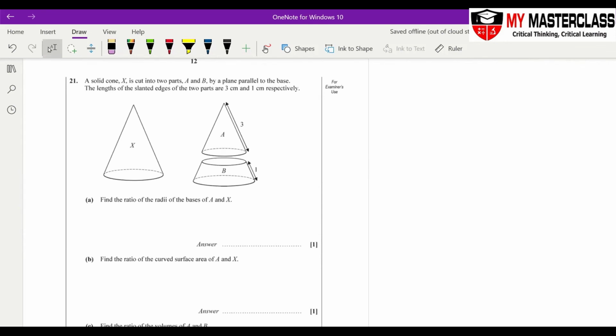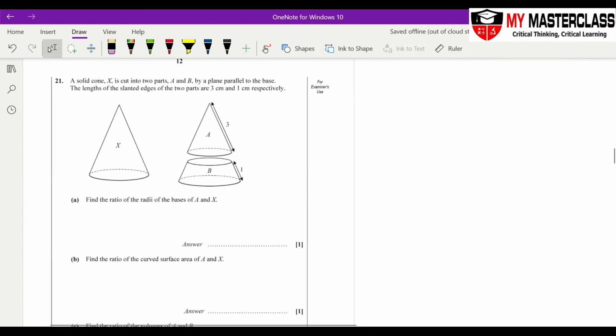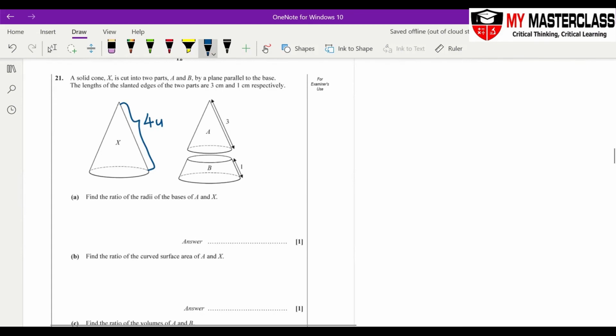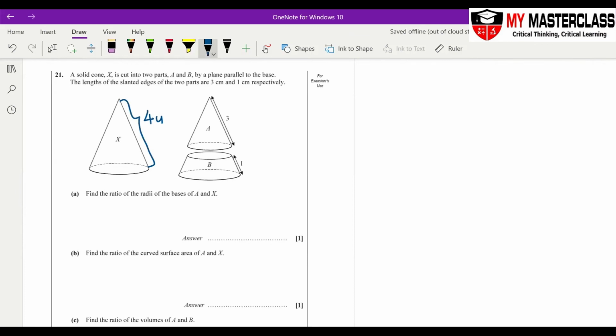First thing you must understand is that for similar volume and similar area, it must be talking about the whole triangle and the whole triangle. So first, can you see that this is 3 and this is 1, which means that this whole thing here is going to be 4 units? Based on similar triangle, can you see there's a similar triangle here? No need to draw. That means if my proportion of A to X is 3/4, then the proportion of my radius,